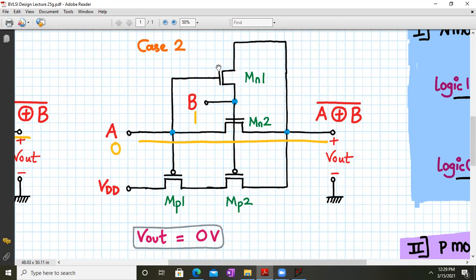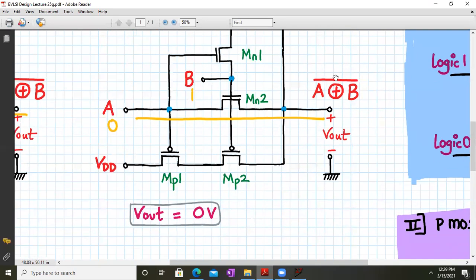So now the relevant transistor is Mn2, which is on. If you see carefully, the gate terminal of Mn2 is connected to logic 1, and we are trying to pass a logic 0 through it. So Mn2 will act as an N pass transistor, and it will pass logic 0 very strongly. So at the output, you will get a strong 0.